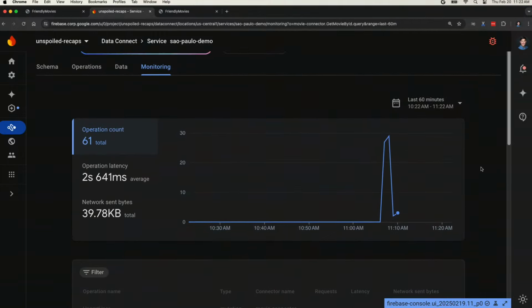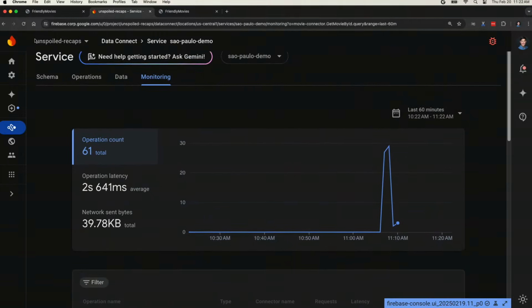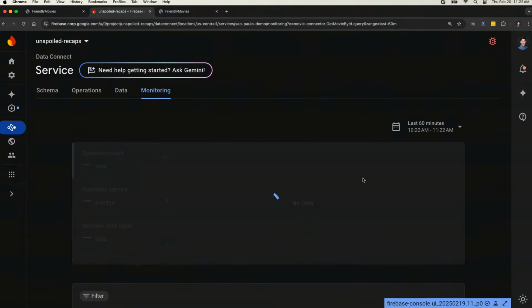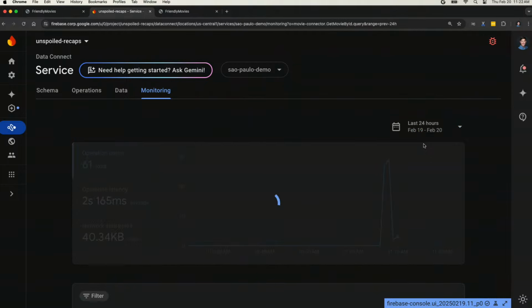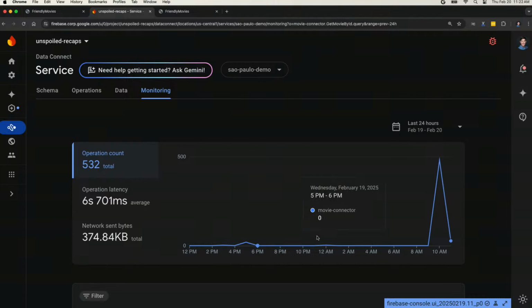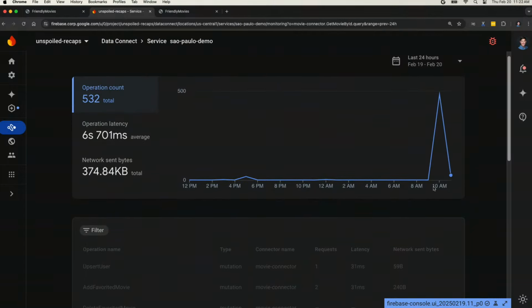And so one of the great things here is we have an overall view, and let me refresh this page really quick. So we have our overall monitoring view. This is what happened in the last 60 minutes, and in the last 24 hours, here's been the spike in usage on my application. And I have my operation count, how many times each total operations have been executed, my average latency, and the bytes sent.